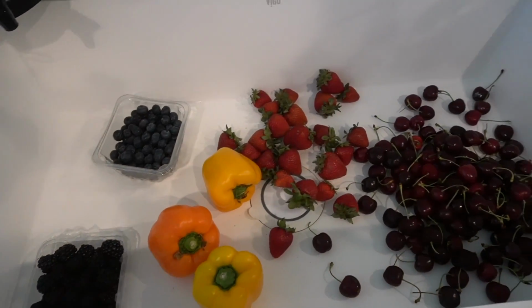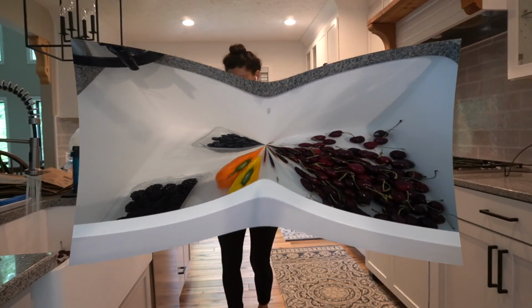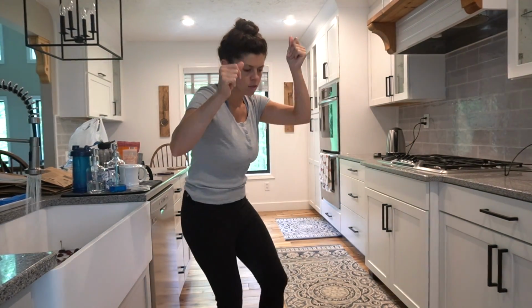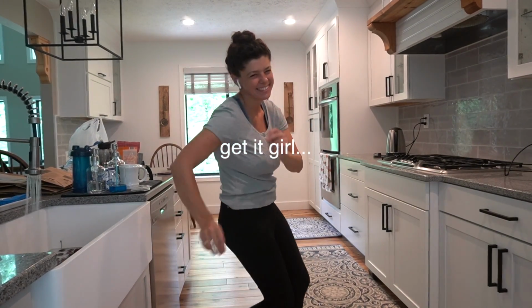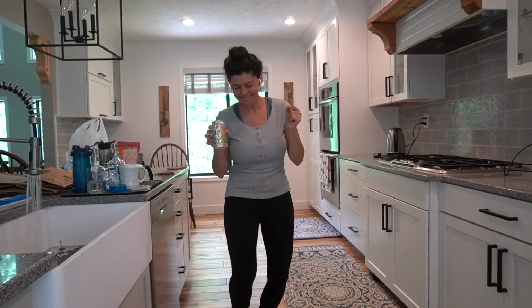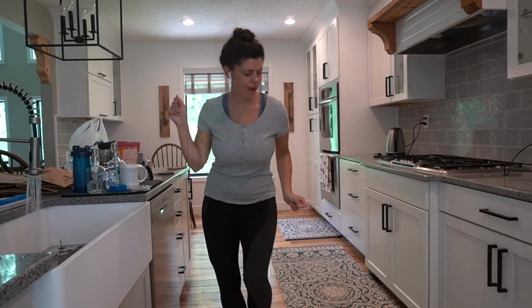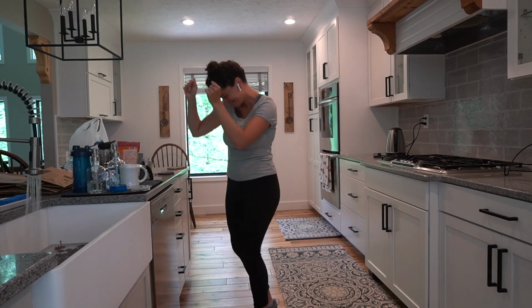First, I place all of my produce in the sink and fill it up with cold water, making sure to dance while I wait for that to finish. It's really good to have some music playing while you're working so you can be dancing and actually enjoying your experience of prepping for a party instead of running around like a chicken with your head cut off, stressed out the whole time. Music just really helps put me at peace and really brings me into that place